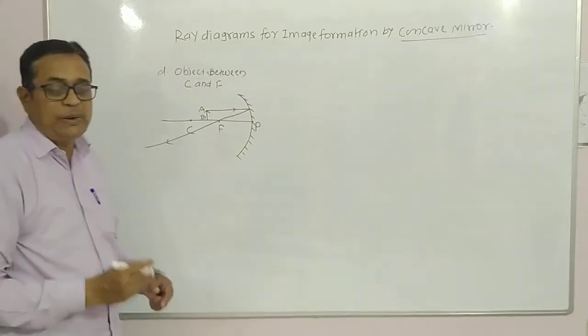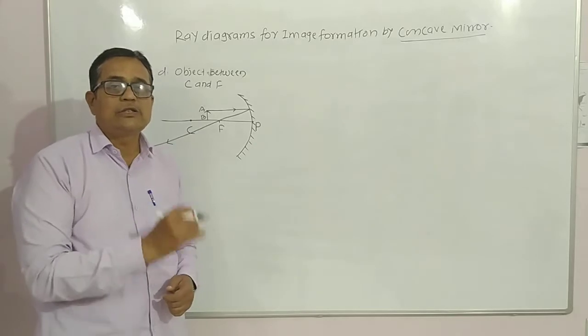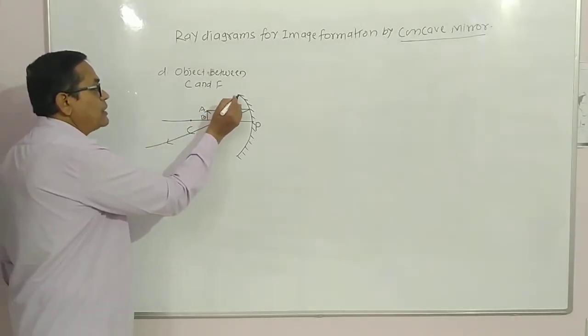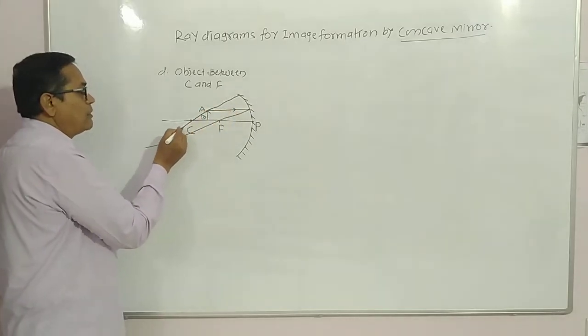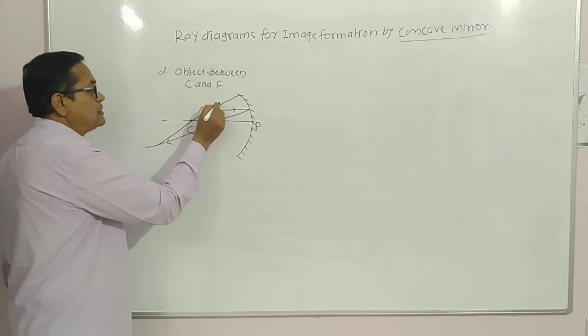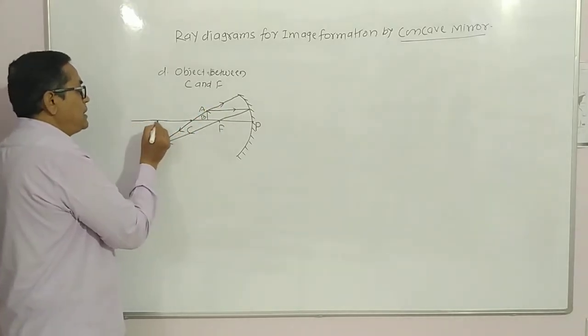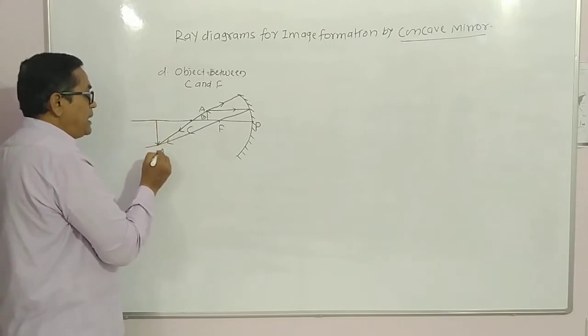One light ray which passes through the center of curvature, and the reflected ray also passes through the center of curvature here in this way. And these two light rays meet behind the center of curvature, and here is the image,